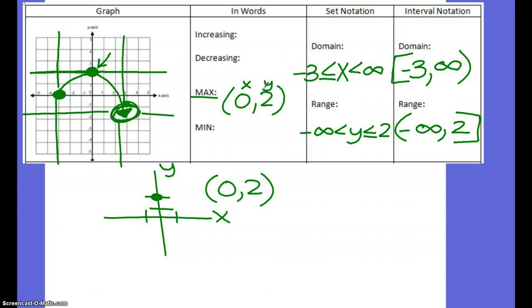The minimum, it kind of looks like it's the point -3, 0. Except there's an arrow here, which means that it keeps going and goes to infinity, therefore it is not